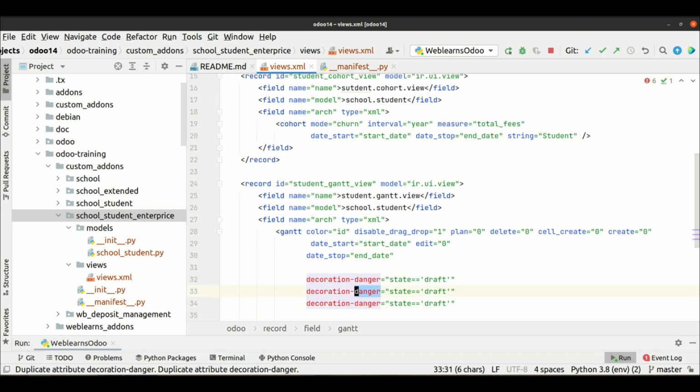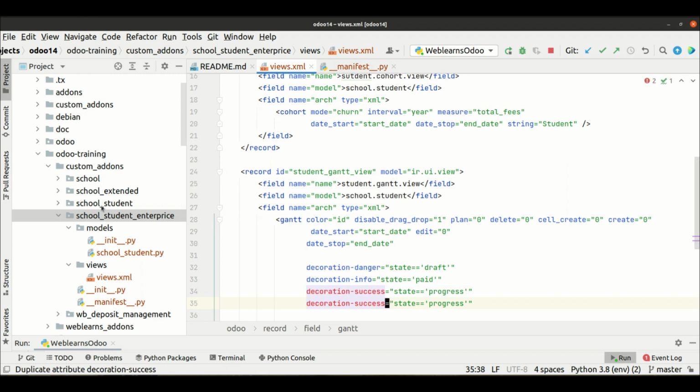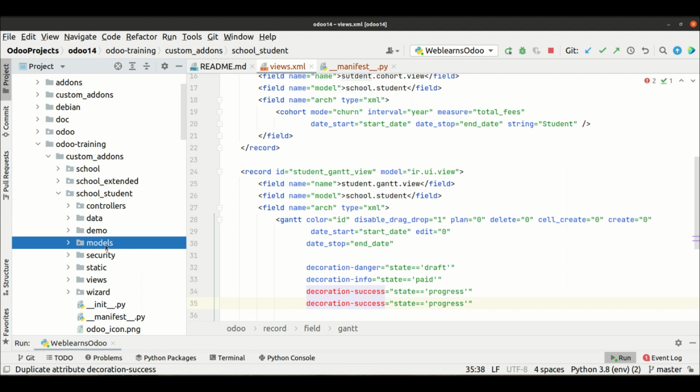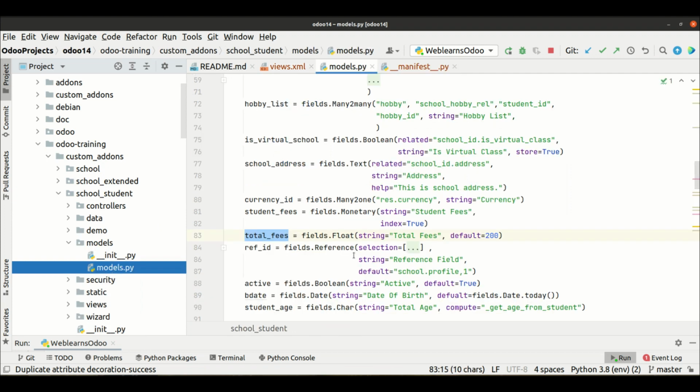Then I want to use info when the state is in the paid state. Then for progress I want to display, let's say the success class, I can use like this. And let me see if any other states are available.